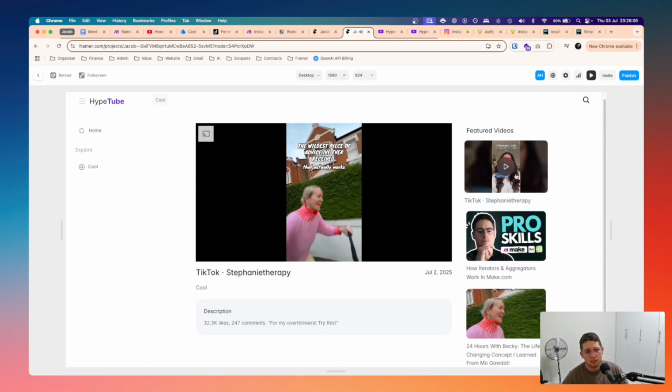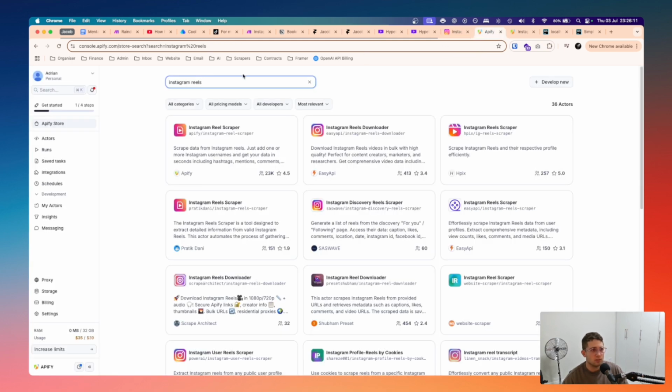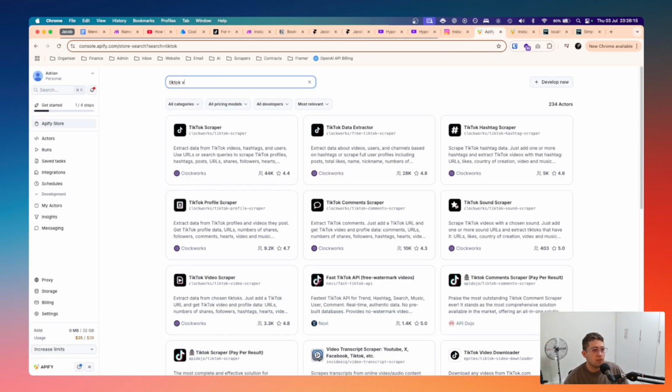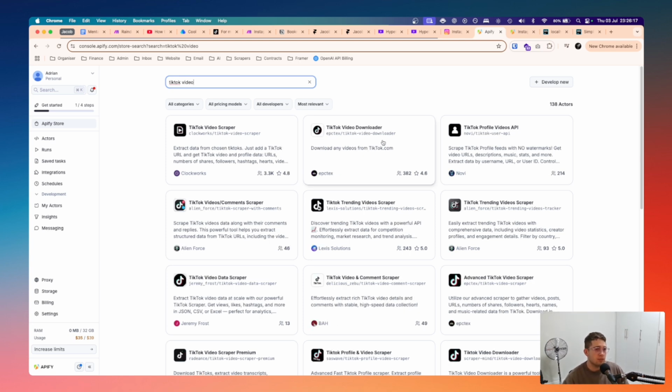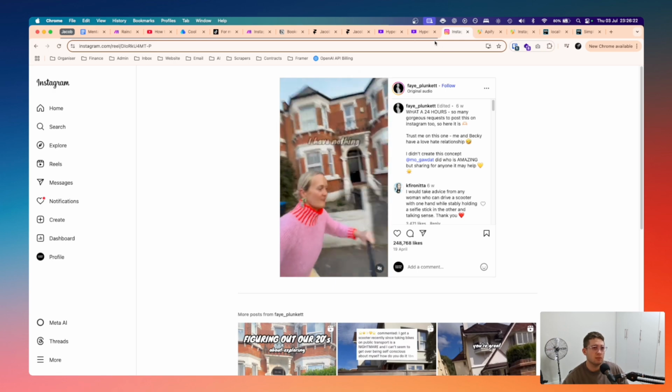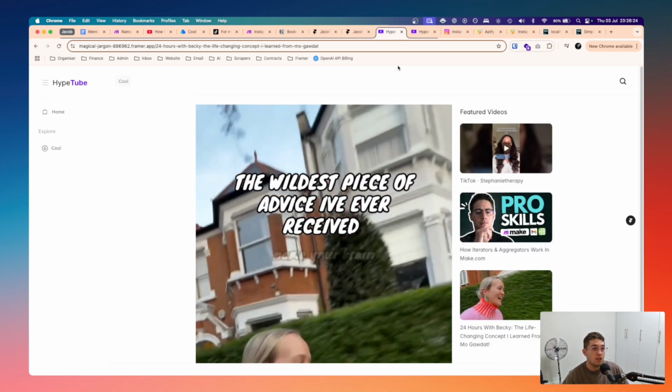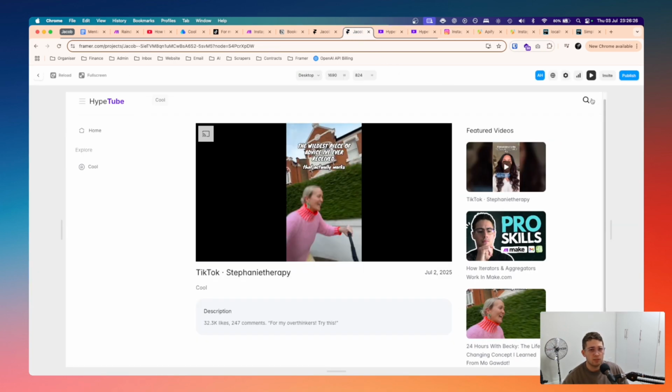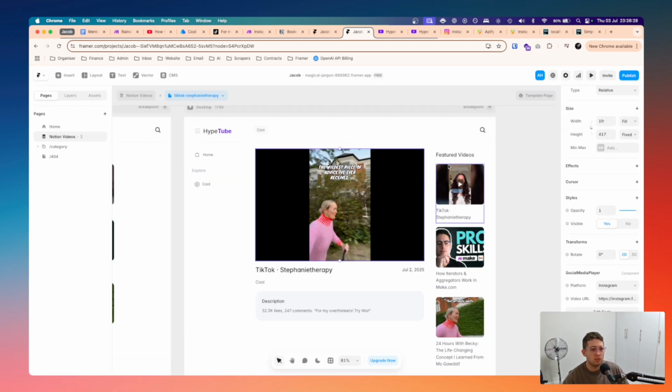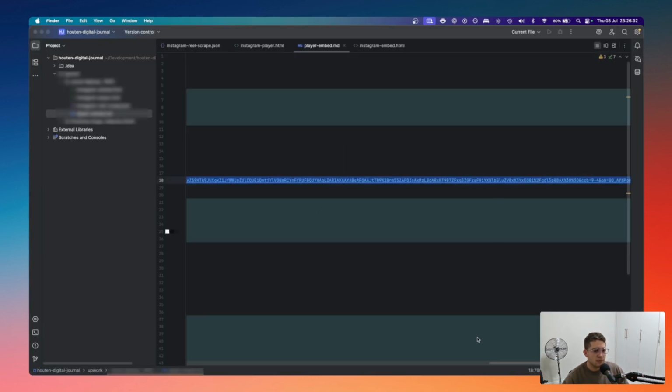I need to do TikTok next. I'm sure I'll have to look at a TikTok video scraper. So video downloader, video scraper. Probably use one of these to achieve a similar result, right? And then you just plug it in, which is great. YouTube, obviously, YouTube's always a champ, man. It always is super easy. So let's just go look here.